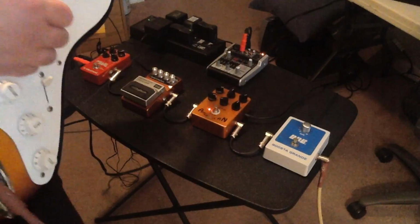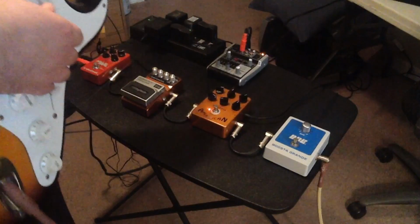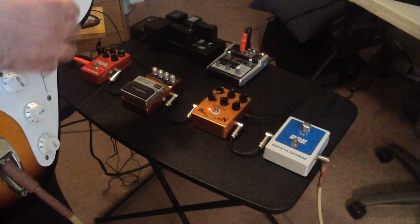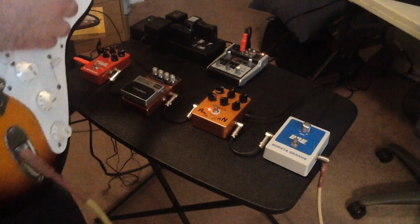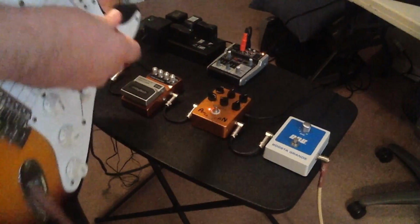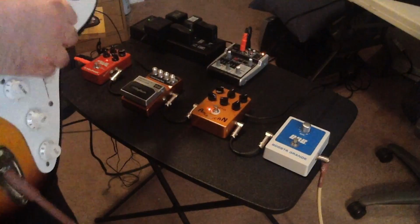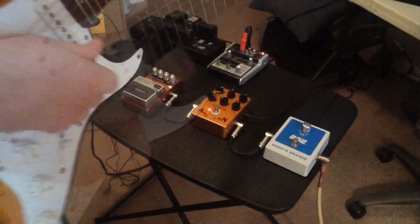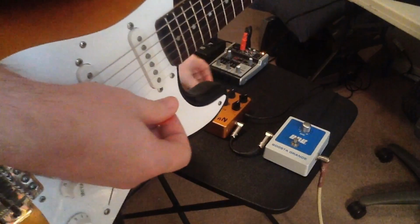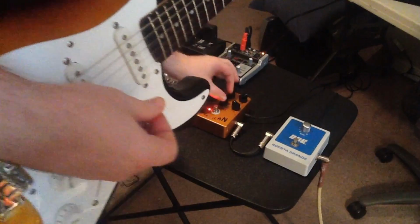Some blues players like their clean tones to be just a little bit on the gritty side, so you have that Albert King thing. Right? That kind of thing. So I tend to like my cleans clean, so I turn the drive down and have